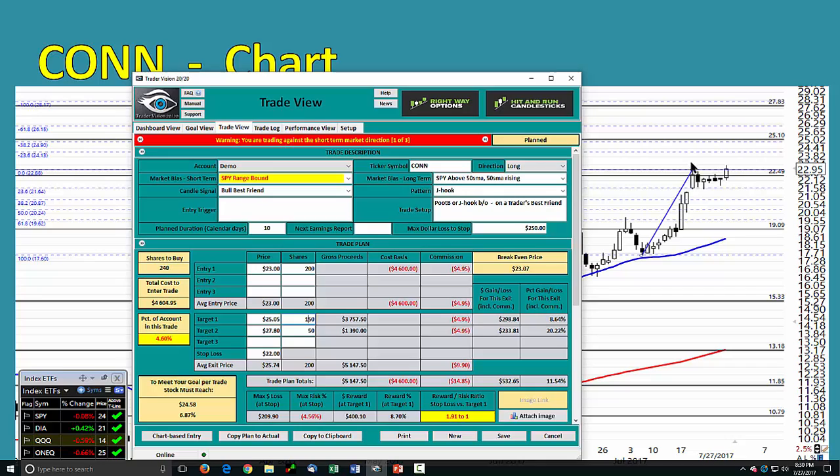I'm going to set a conditional order, so I'm only going to buy above that price, or I can say I'm going to buy on a price opening below 22.88, which is this high here, and then trading back up to whatever I said, 23 bucks. So I'll place that order at night, and in the same package I'll put in my targets and I'll put in my stop. And once I've analyzed the trade,